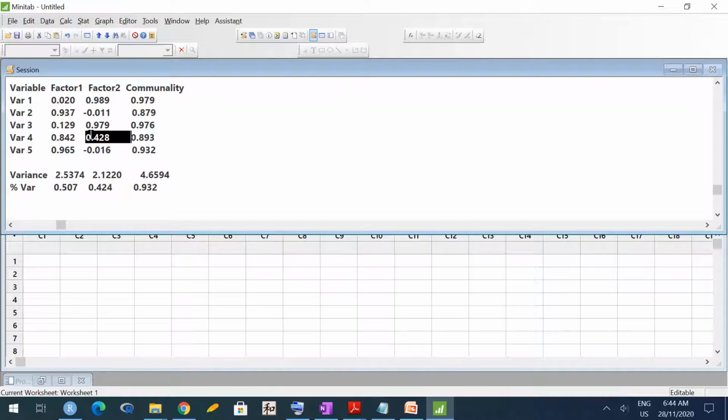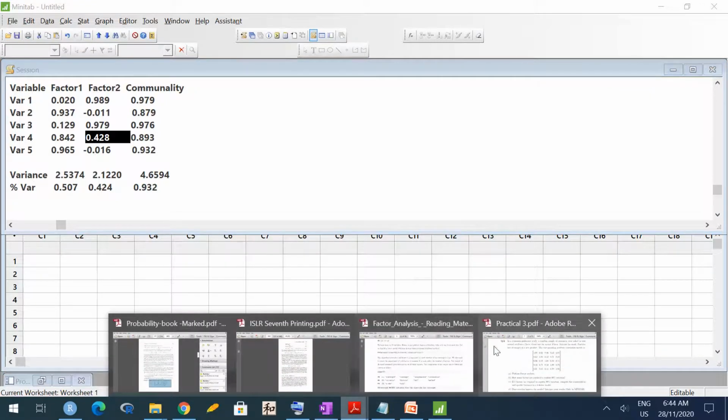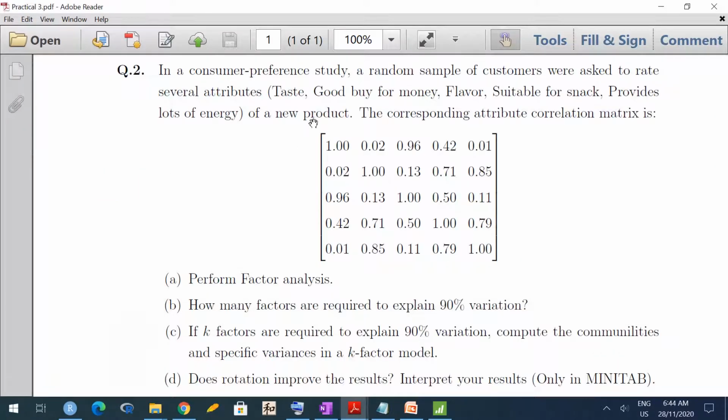Variable 4 is affected up to some extent by factor 2. So let me see what are the variables. So in first factor I want 2, 4 and 5. So 2 is good buy for money, 4 is suitable for snack, and 5 provides lot of energy. So this first factor kind of talks about the economy and worth of that product.